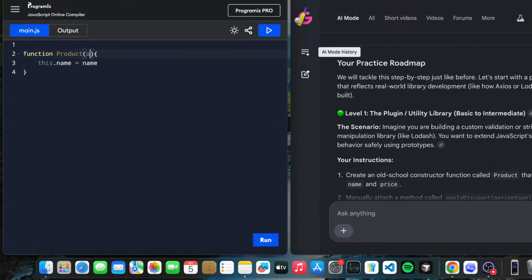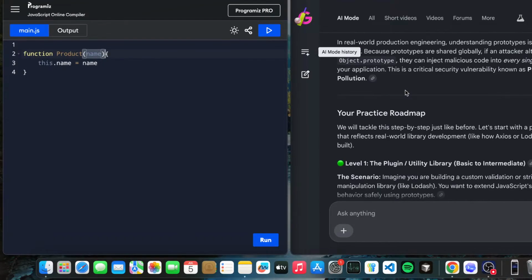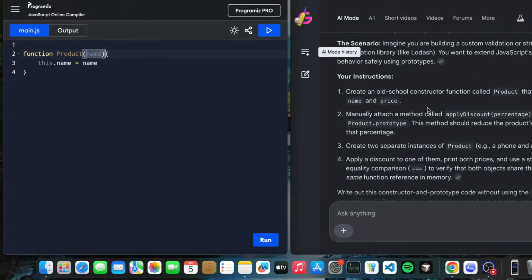This is our constructor function, which means this is the constructor. Cross checking every time that I'm good. Name, and here is the price. So we are dealing with the constructor function.